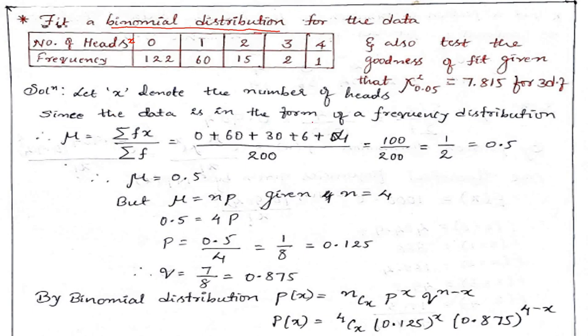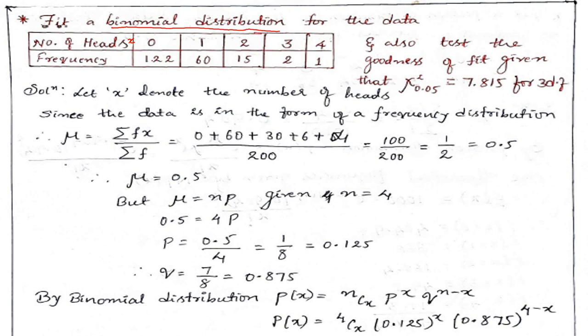Since the data is in the form of a frequency distribution table, and we are discussing binomial distribution, we require to find p. To find p, I am using the mean mu equal to summation fx divided by summation f, which is given by